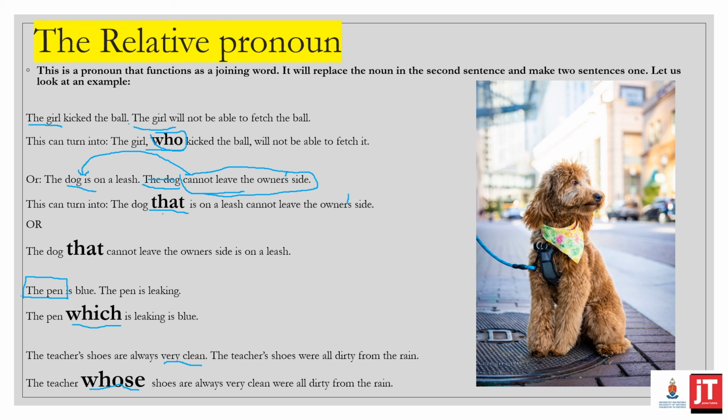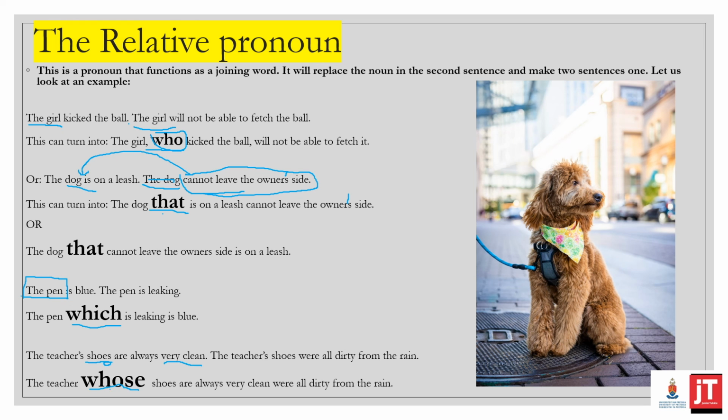Okay, I think that is the only way to say that sentence. Because if we said the teacher, you could say perhaps the teacher's shoes that were all dirty from the rain are always very clean. It doesn't flow as well because it doesn't really make as much logical sense. Okay, so if you were wanting to talk about perhaps the teacher's shoes as the noun, then make sure you